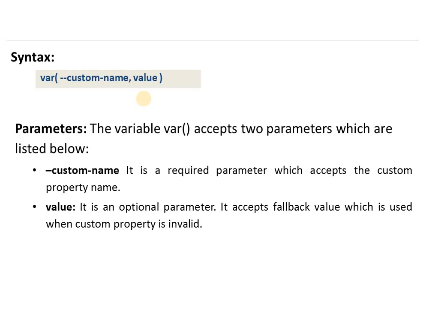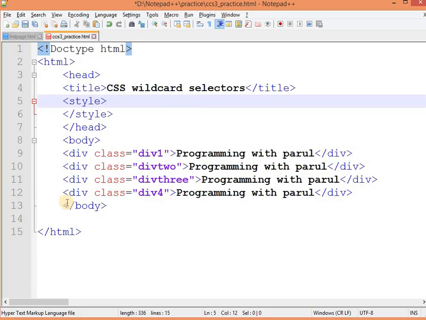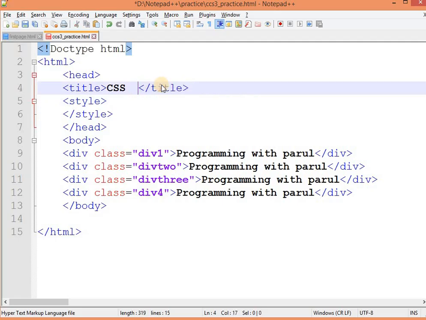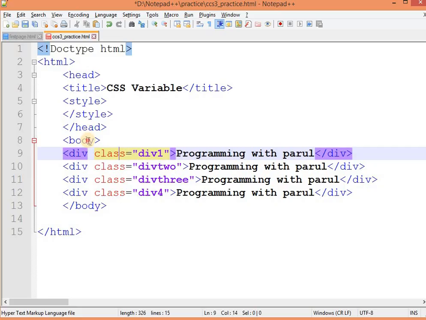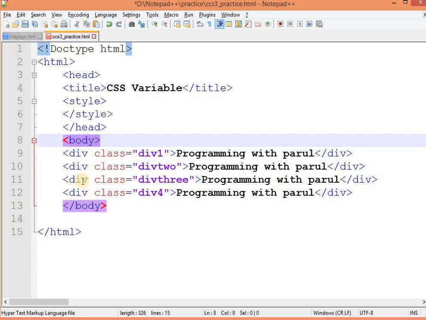Now let's see its practical approach in the Notepad++ editor. So this one is my HTML5, and let me give the title as CSS variable. Now in the body section I have taken four div tags with different class attributes: div1, div2, div3, div4.